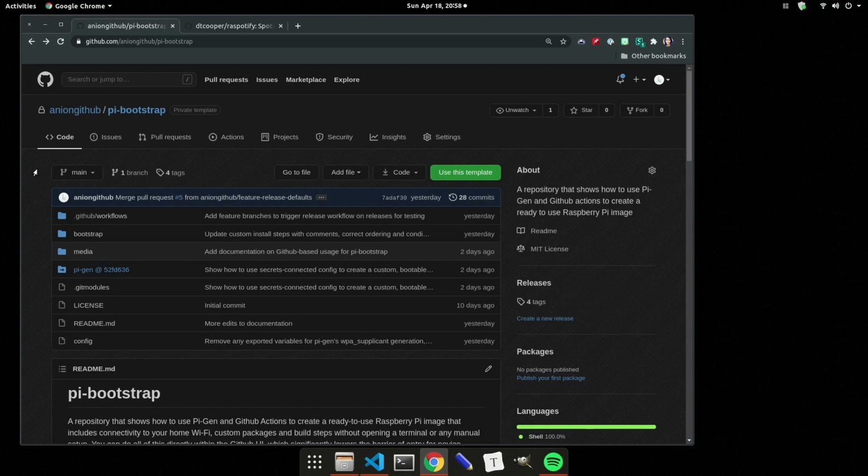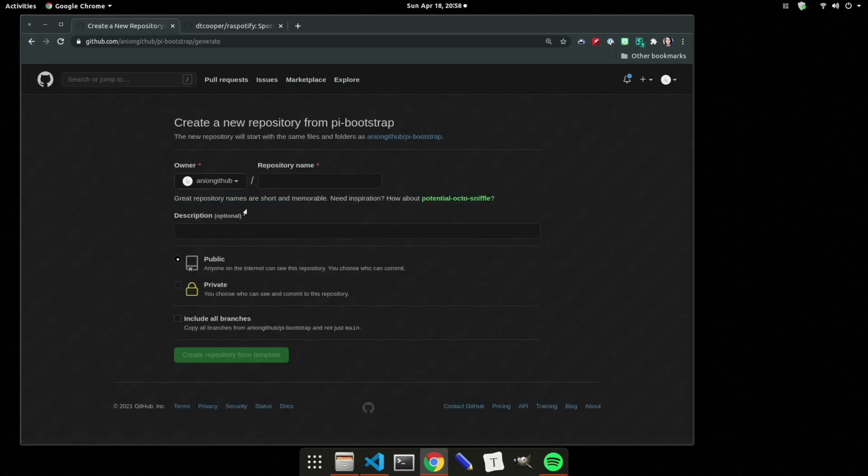Now, let's put on our developer hat and create a Raspotify appliance template that others can then use to create ready-to-boot personalized images with private data injected securely into the image. We hit the Use this template button, and in the process of creating our new repo, we're presented with a few options.